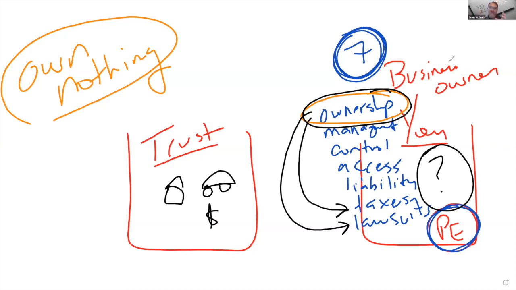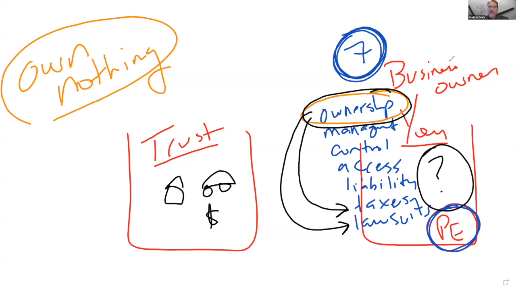Remember, if you're the owner, they're going to come after you. You get in a car wreck. Okay. They not only sue the driver, they sue the owner of the car. Okay. And that's how it works in business too. Okay. I had a customer in California. The person that works for him ran over someone and killed him. Well, guess what? They sued his business, and he lost his business because they had the right to go after the owner. Okay. That's what I'm trying to explain to you. And remember, John Rockefeller says own nothing.